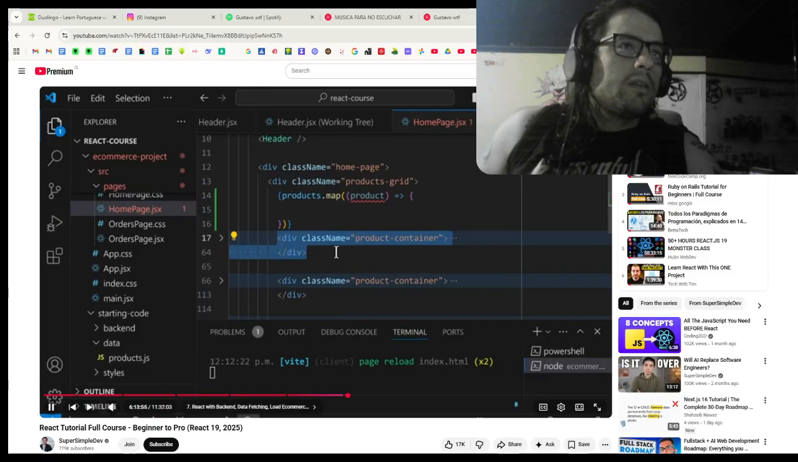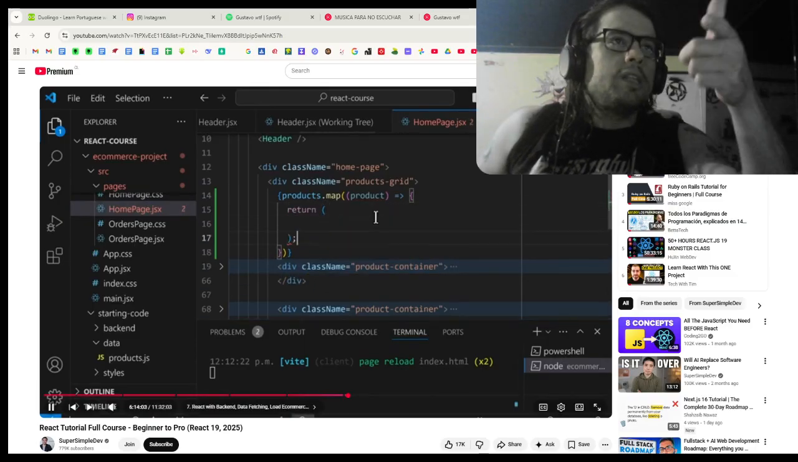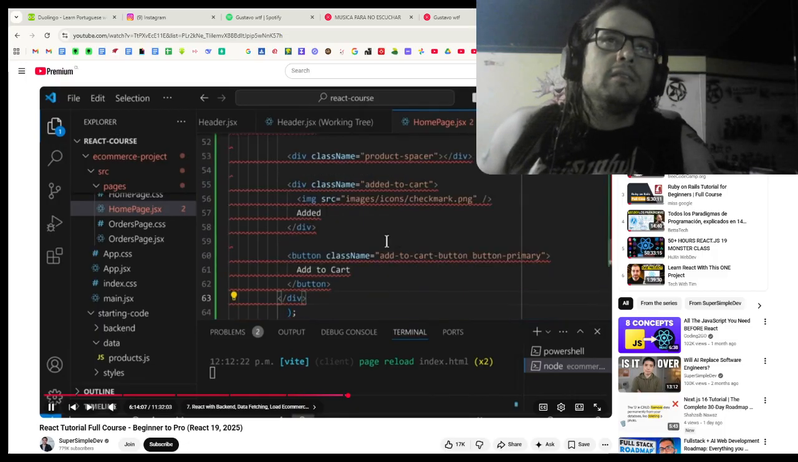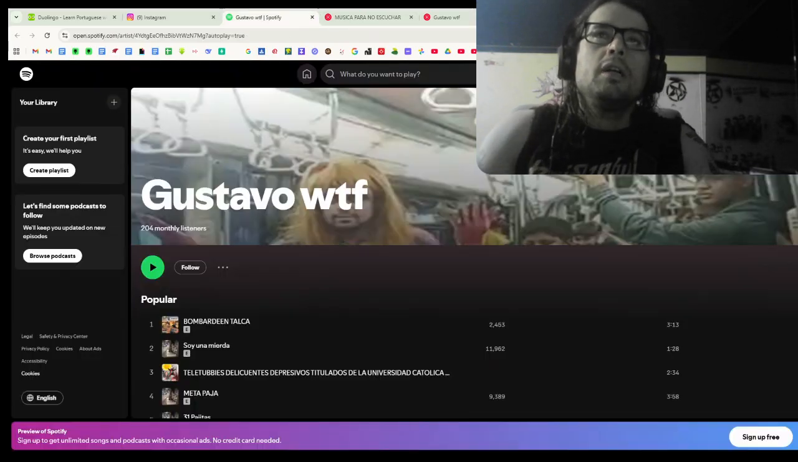So we'll go back, and we're going to transform this product object into this HTML. To do that, we're just going to copy this HTML, and inside .map, we're going to return brackets, and paste that HTML. And to fix the formatting,